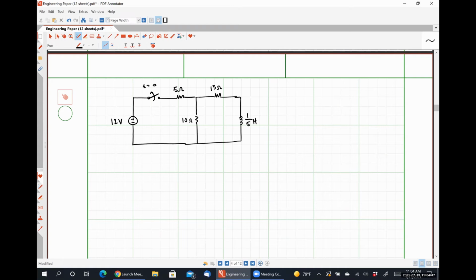And I am explicitly trying to find my inductor current, IL of t. And I am going to be trying to find, let's say, my inductor voltage,